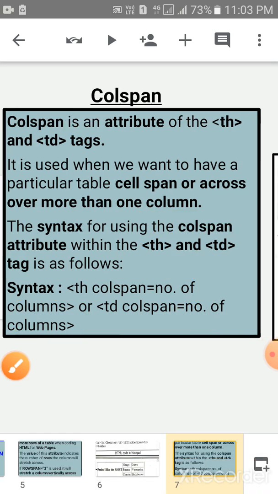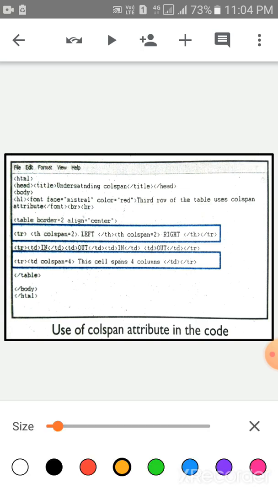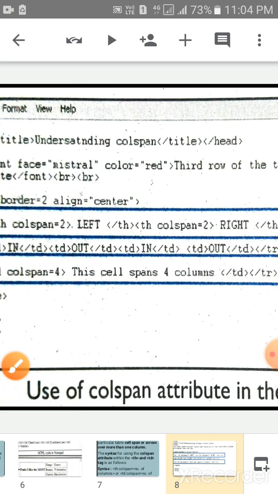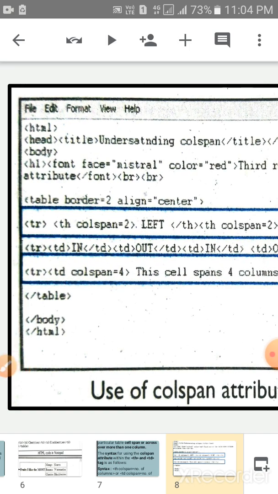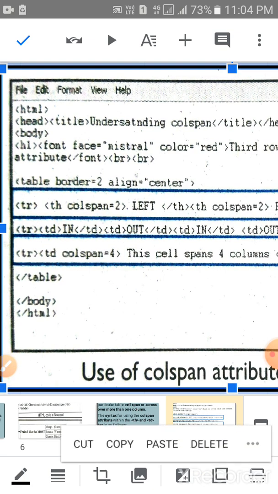Okay children, look at the screen. HTML tag, and next head tag, and after that body tag, then heading h1, font face Arial, color, you have to write, enter, font.